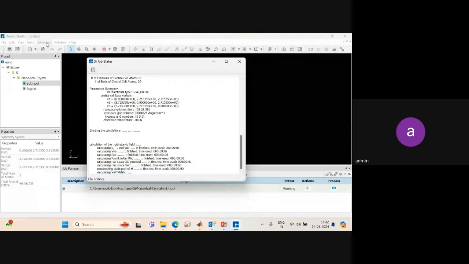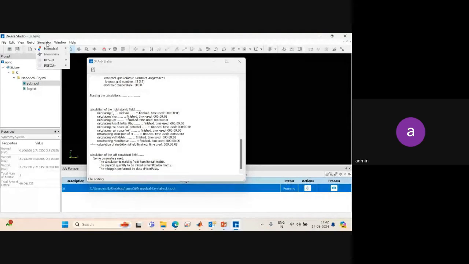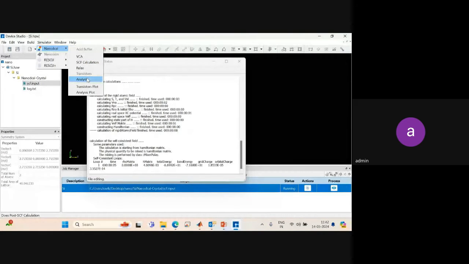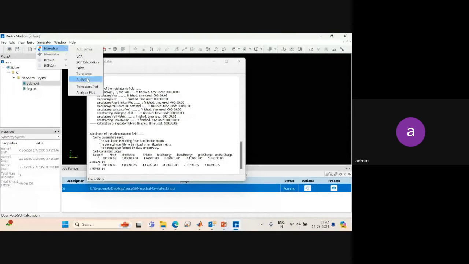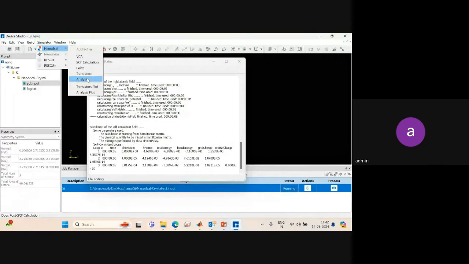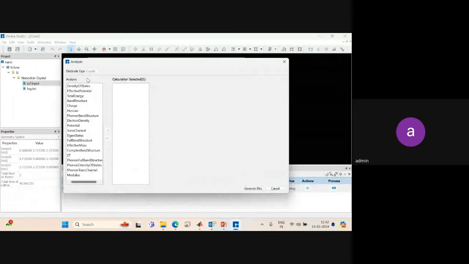In the meantime, if you want to select the analysis part, you can go to this simulator and select the analysis. Analysis in the sense what property you want to calculate. So you can go to this analysis option and here you can see what property you can calculate, that is